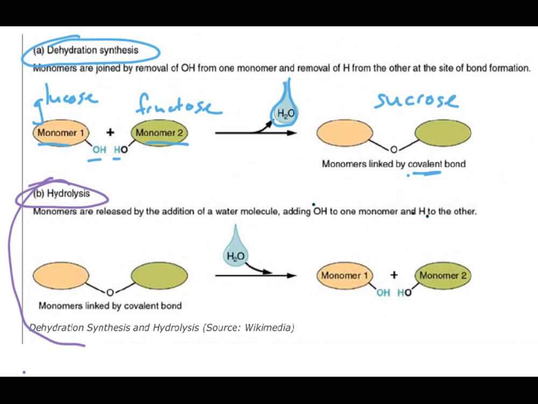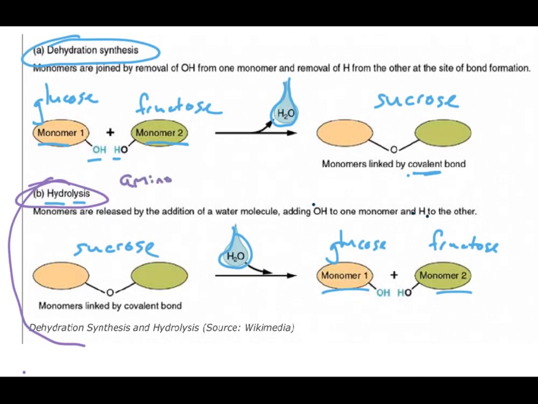So in a hydrolysis reaction, you're decomposing, it's also catabolic. We could take our sucrose, and we are splitting water. So water, lysis, to split. We are splitting that water molecule, and as a consequence, you get our two monomers. So again, you've got glucose and fructose. And again, that's just one example of many. I could have also said that we've got two amino acids here, and we're making a protein. It would be a very, very simple protein, but nevertheless, you could combine those amino acids to make a protein,